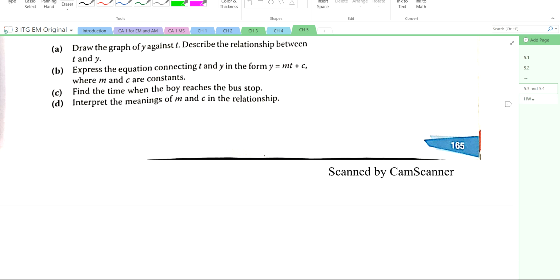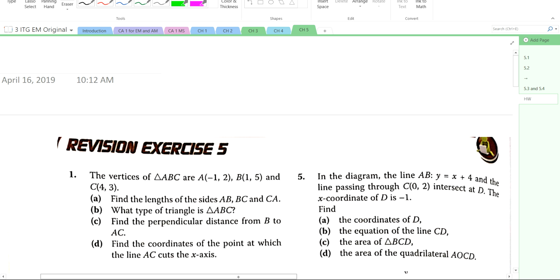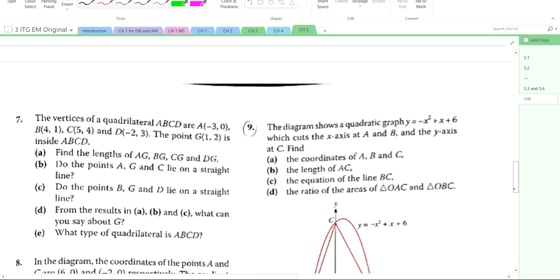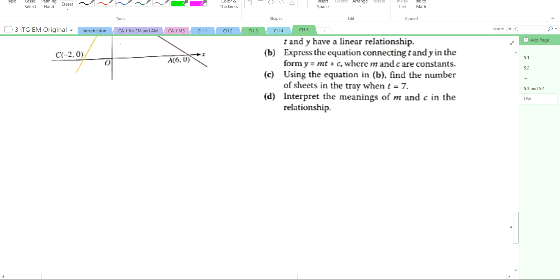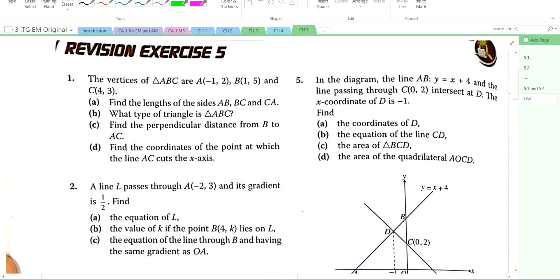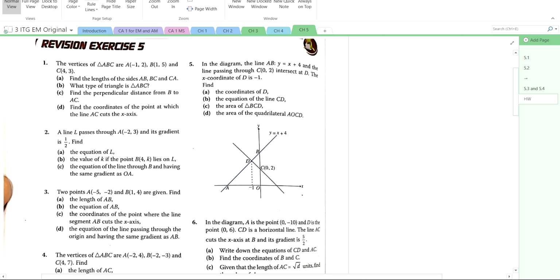Let's go to our homework questions. Revision exercise 5. So from 5.1, 5.2, 5.3, 5.4, you're supposed to have 3 questions each, right? 3 times 4 is? Well. Okay, since I don't expect you to do 12, let us choose